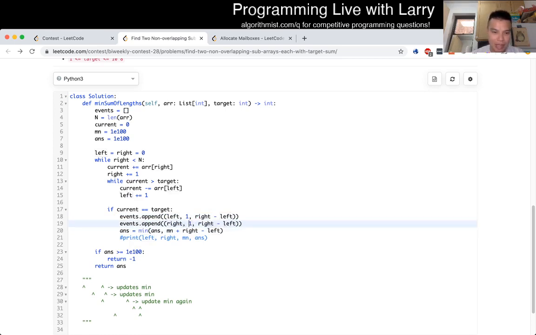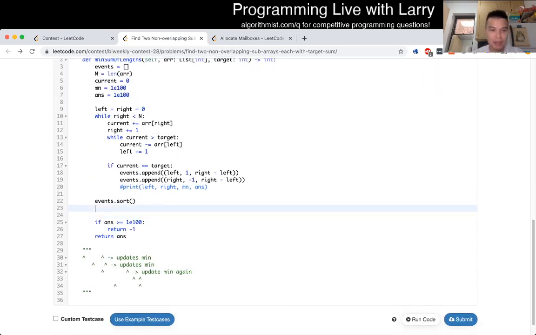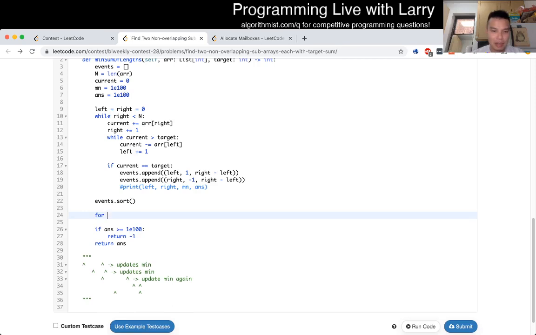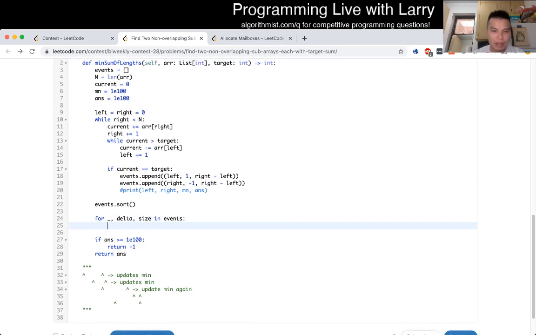So we have something like that, and then now we have events.sort, and then for x, though we never use it, delta, and then segment or size in events. We can do, well, if delta is equal to